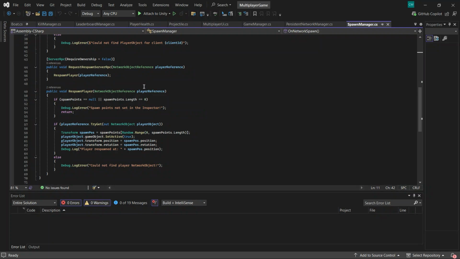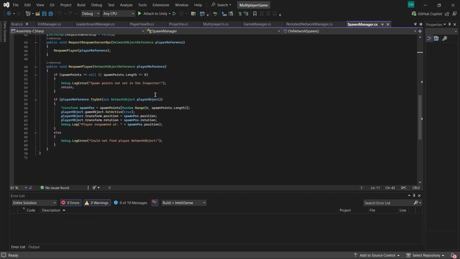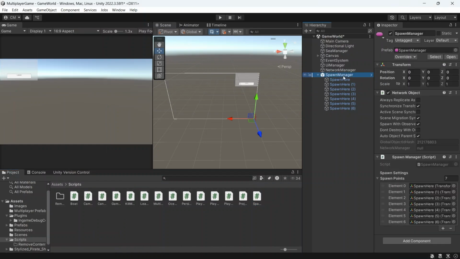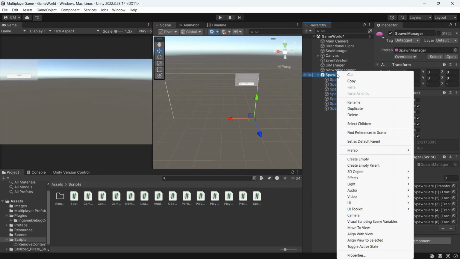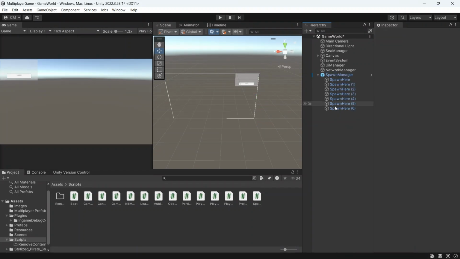And now, once you're done with the script, save it and let's go back to Unity. Here in Spawn Manager, we are going to apply the code and add it as a component. Here, under the Spawn Manager, we will create empty objects, and it's up to you how many spawns you want.